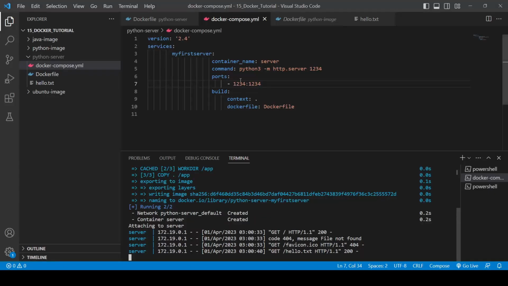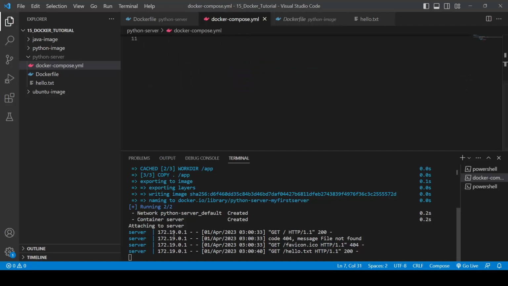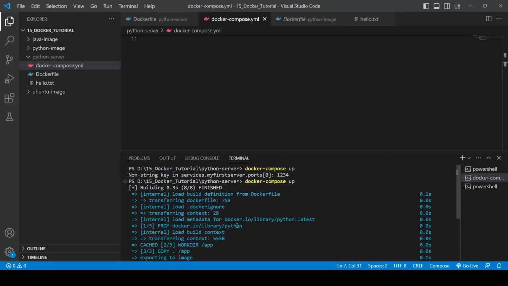Okay, so in this way you can create the Python server using the docker compose. So here you can see everything you can see here. Okay,